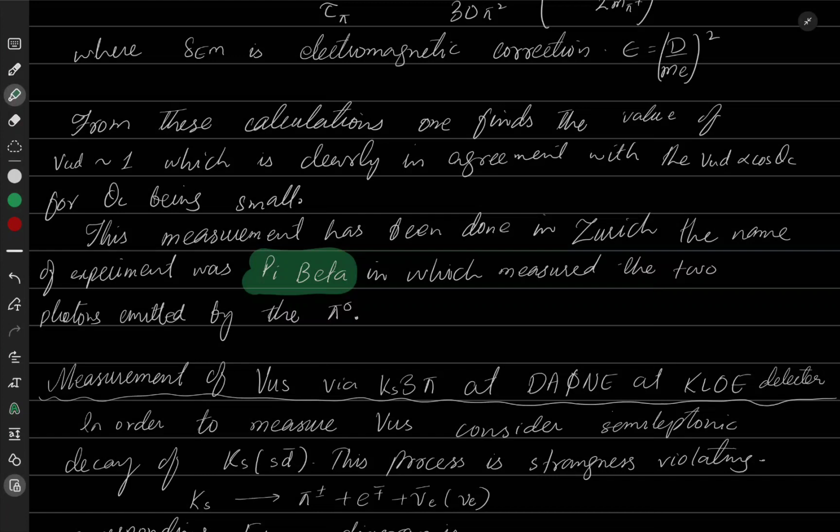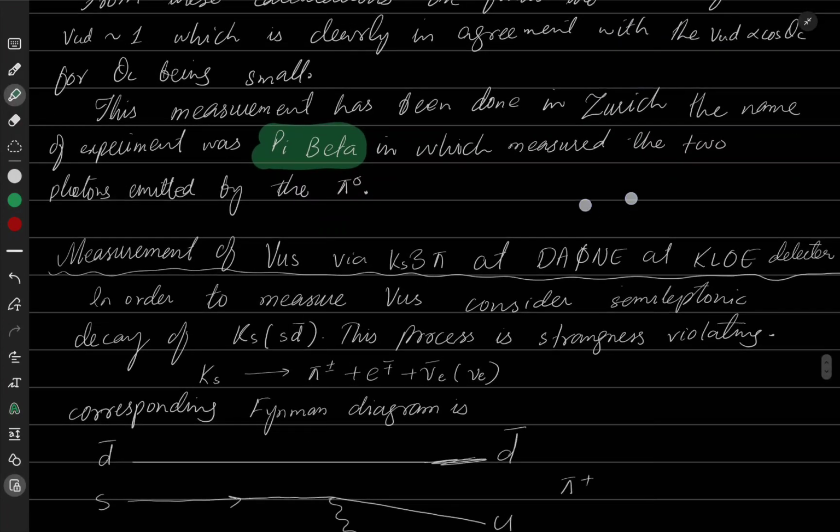And one thing that I want to tell you is that the parameters VUS and VCD or VCB, these processes are proportional to the sine of theta C, and they are actually Cabibbo suppressed processes. Later I will show you the Cabibbo suppressed processes. Anyway,